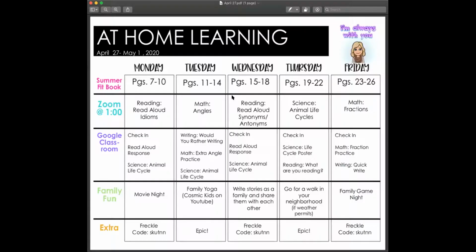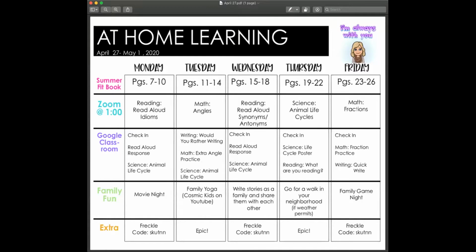Let's now go over the rest of what the kids have to get done. So we're going to go back to our agenda. In Google Classroom, they have a Would You Rather writing assignment. They're going to get extra angle practice because this is kind of a harder concept for them to grasp. So they're going to get some time to go on and I'll show you how they can get a hold of this extra practice. And in science, if they have not finished it already, they have the animal life cycles